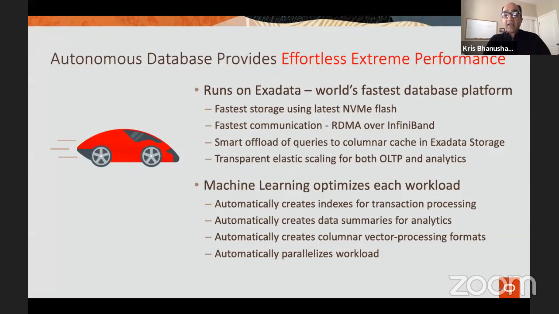We changed in the X8Ms, we changed the interconnect. I'm sorry, not the interconnect, the InfiniBand to RDMA over Ethernet. And so it's Ethernet based, more standard compared to InfiniBand. But in the end, the latency that it provides and the speed that it provides for access to your storage between your compute host and the storage is amazing. And so being able to run large data warehouses, for example, or OLTP applications that serve thousands of customers, for example, becomes very, very easy.